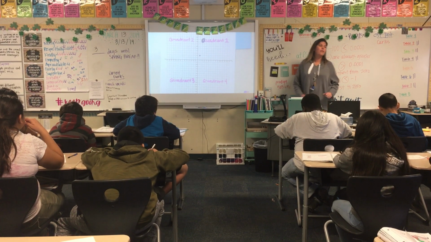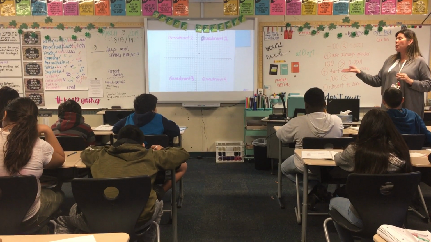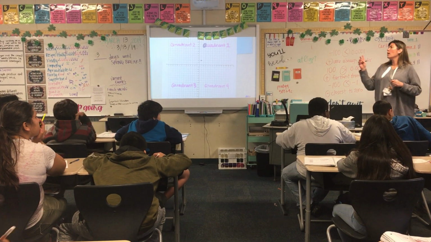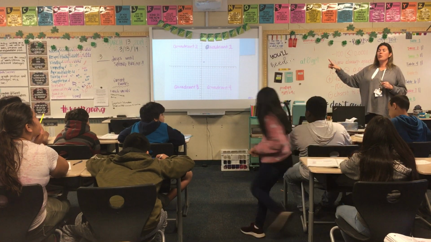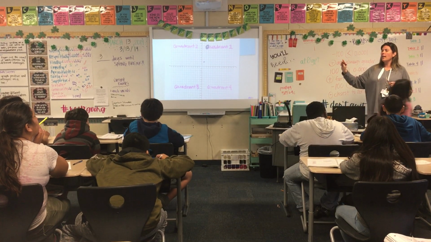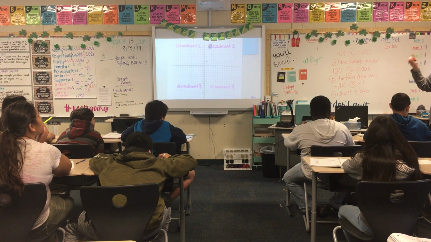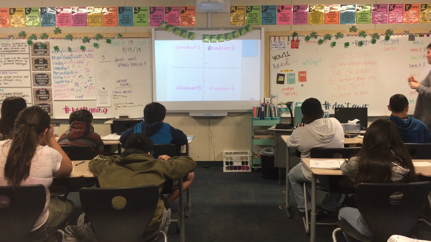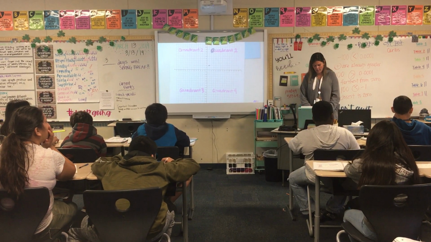Perfect. So now that these are labeled, we already know, based on our prior knowledge in our notebooks, that quadrant 1, can you answer that? Quadrant 1 is only positive numbers. Quadrant 2 is positive and negative. Quadrant 3 is both negatives. And then quadrant 4 is positive and negative. Right, Emmanuel? Got it? Okay. So the next point that we're going to plot